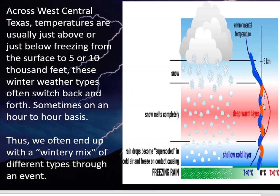And so we may see that wintry mix as the snow will sometimes stay all the way down to the ground as snow. Sometimes it'll freeze on a smaller layer and have time to refreeze back into sleet, or sometimes it doesn't have enough time, and it gets down to the ground and then instantly sticks as freezing rain. That's more typical for our area down here with the temperature profile all the way up through 10,000 feet right around freezing. And that's one of the things that makes it so hard to forecast around here